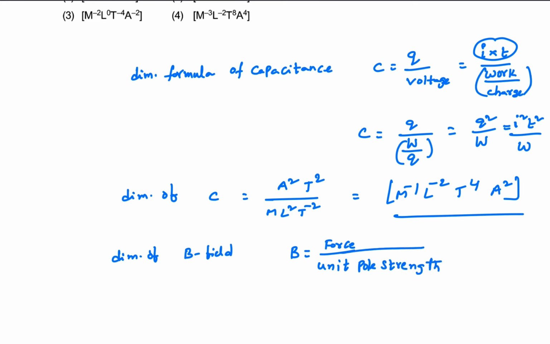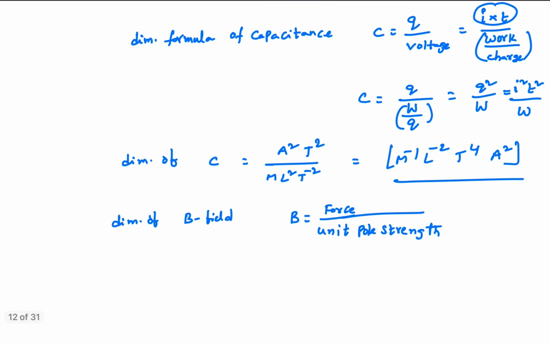Unit pole strength. If you remember any formula, you can write any relation. F is equal to BQ, that also you can write. Okay, force per unit length. Force is nothing but Newton. Pole strength unit is ampere meter. I am writing